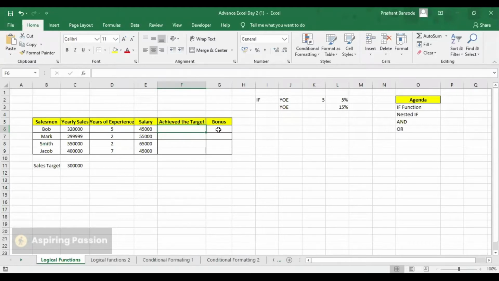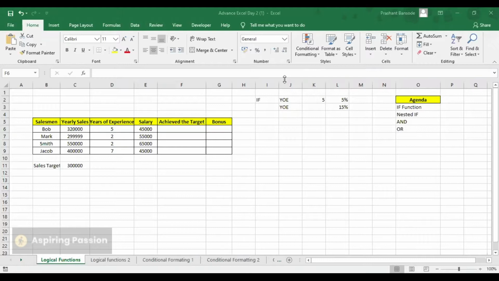That's one scenario I'm giving, but there are multiple scenarios in your professional life where you use a lot of conditions to assess whether a particular condition gets satisfied, then give me this particular result. So that is where we use the IF function.